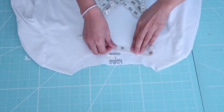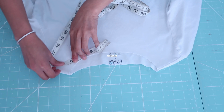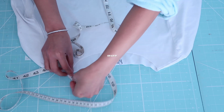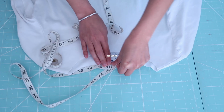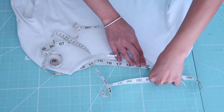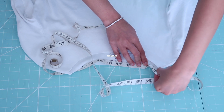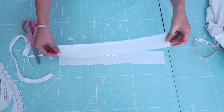Today I'm going to show you how to finish a t-shirt with a neckband. First, you're going to measure the neckline all the way around. Then I will multiply it by 0.85 and it gave me about 19 inches long, and I added seam allowances